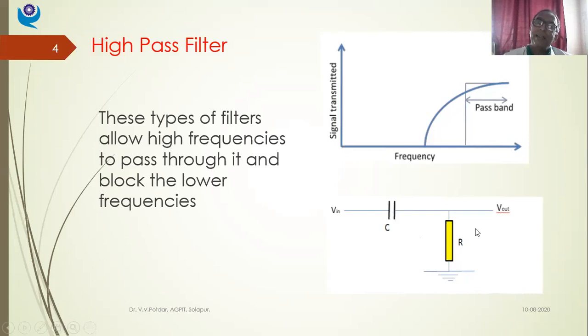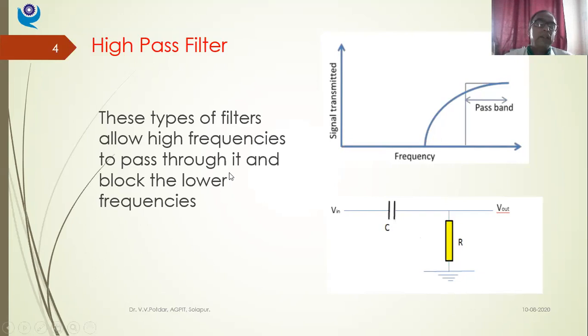Similarly, for the right hand side circuit equation, the same current I is flowing here. So in the right part of the circuit, current I is flowing. The total potential drop in the second equation, V out, is equal to the individual potential drop. Only one component is there in the output circuit, so V out will be equal to R into I. This is my second equation. Is it not simple? Very simple.